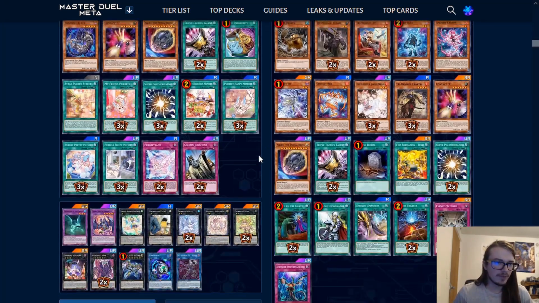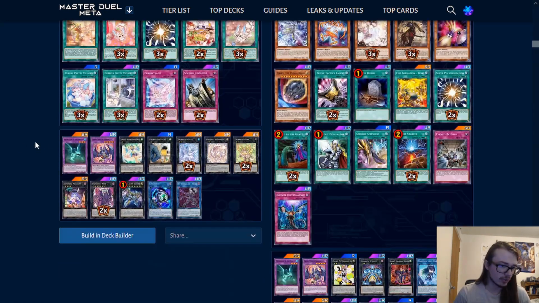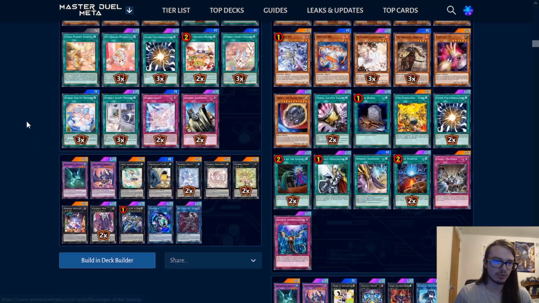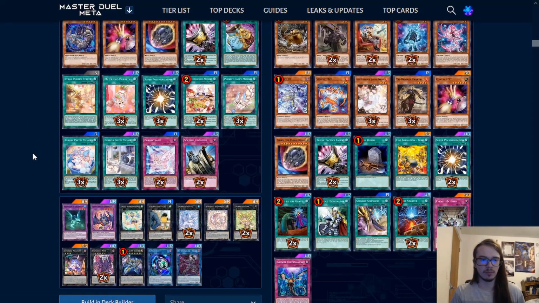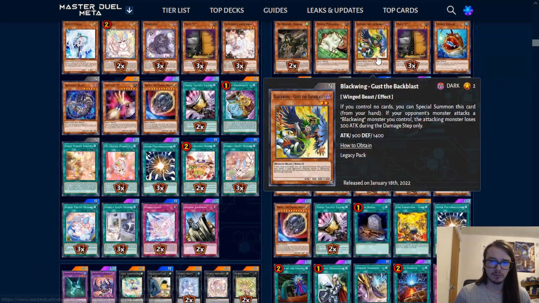We have more Pearly. This one is not utilizing the Ghost Trick engine. Instead it's utilizing more hand traps and Super Polymerization, which is crazy, to go into either Garura or Mud Dragon, which is kind of funny. I actually don't hate this. This is actually pretty cool. And then we have Tri-Brigade Sprite, which...